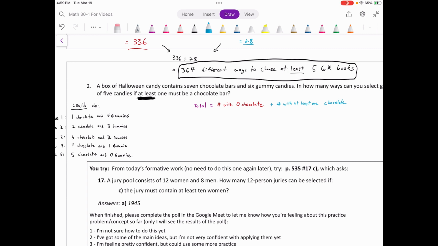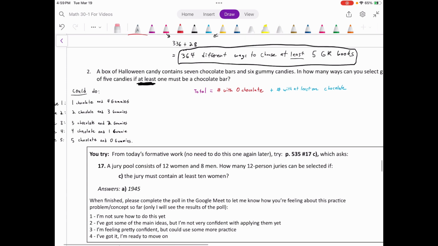And so it's a lot faster to just figure out this one case where we have no chocolates. That's just one case, right? And use that, subtract it from the total to figure out how many will have at least 1. Rather than doing 5 different cases, we can just recognize that there's only one case that doesn't satisfy our conditions. It's this one, right? The number with no chocolate. So thinking about our logic here, we can say that the number with at least 1 chocolate